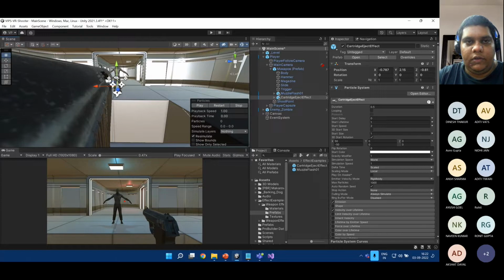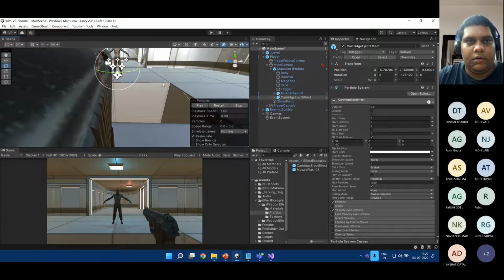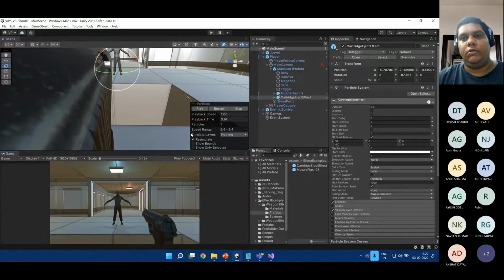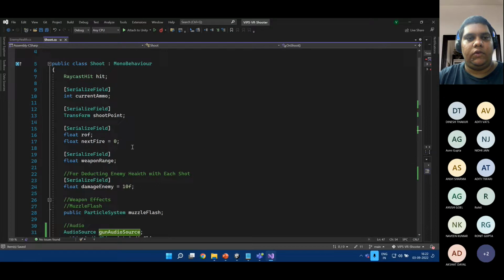I think if we can change the angle a bit, that might look better. It's a bit too far. Yeah, so if you can see in the game view, this looks nice. So now all we need to do is basically just use the same thing that we did for